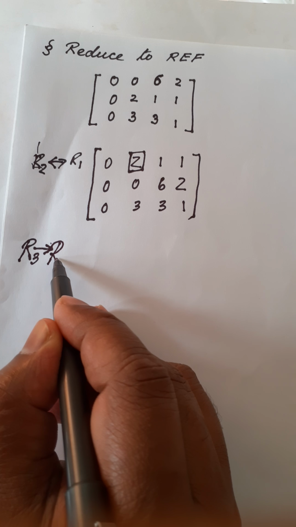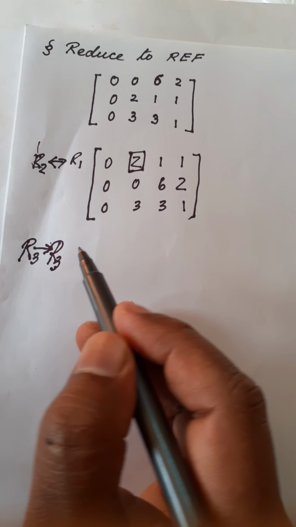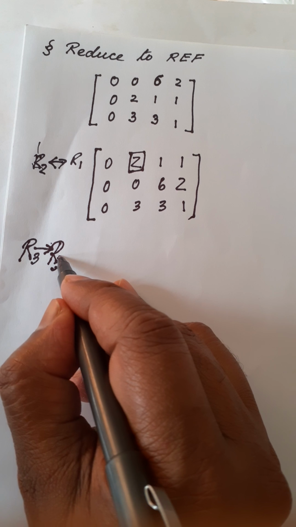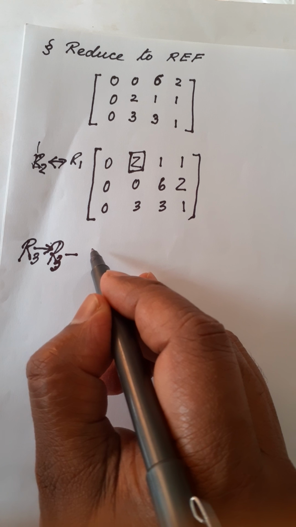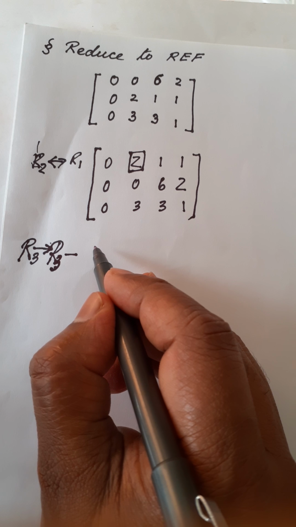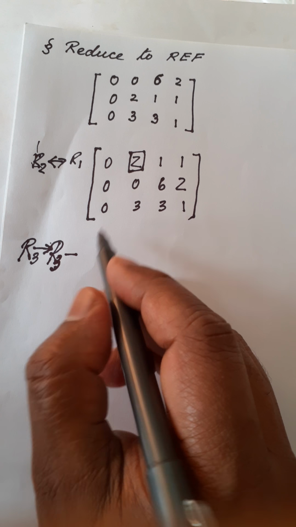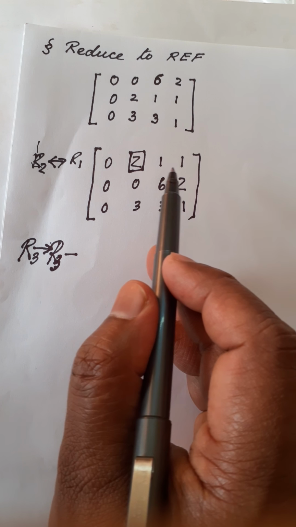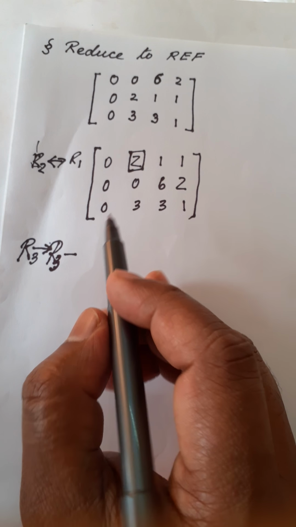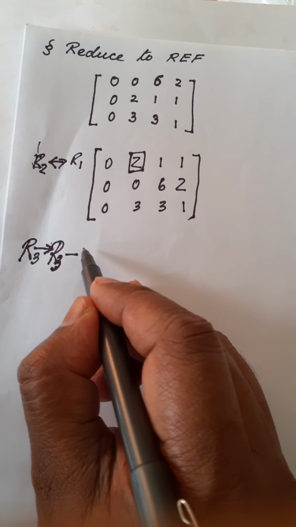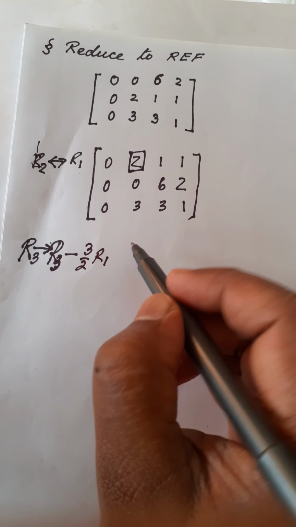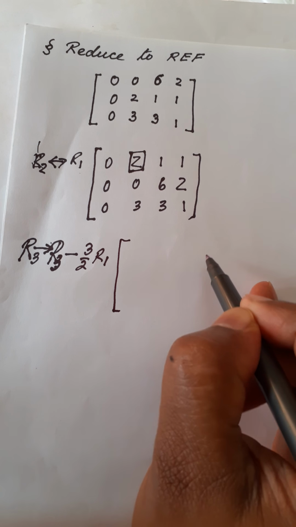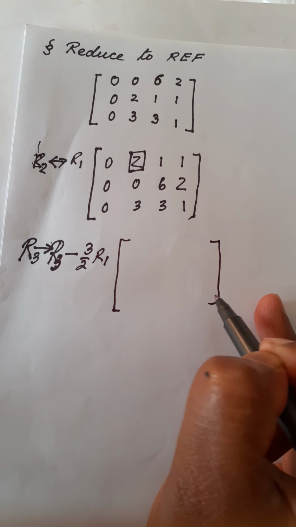R3 minus something times of R2. Sorry, R1, because the pivot entry is in R1. I have to use this pivot row to make these changes. What will be the multiplier? 3 by 2 times of R1. And this will reduce the matrix to,